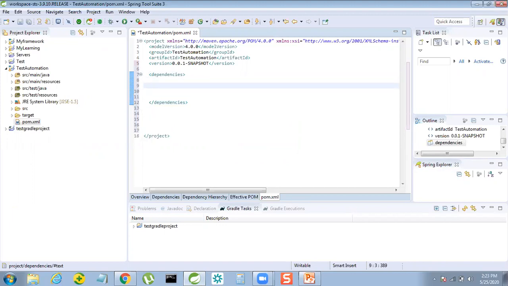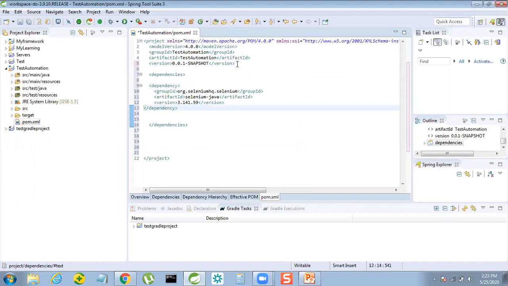So inside that, whatever you copied from the Maven repository, paste it and press Control S. If you press Control S, your project will be built, and whatever Selenium jars we need will be automatically downloaded and placed in the Maven dependencies section.